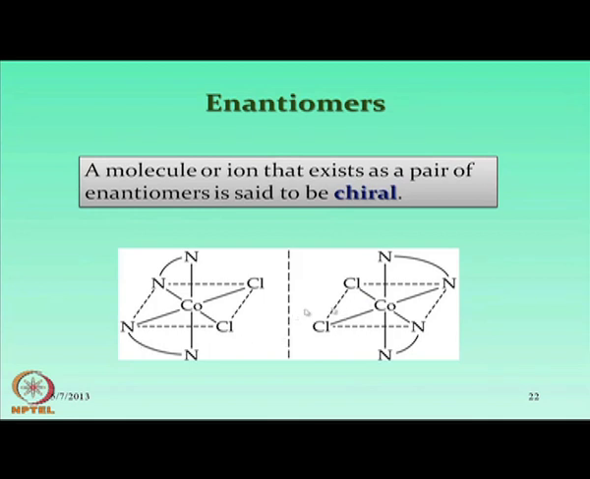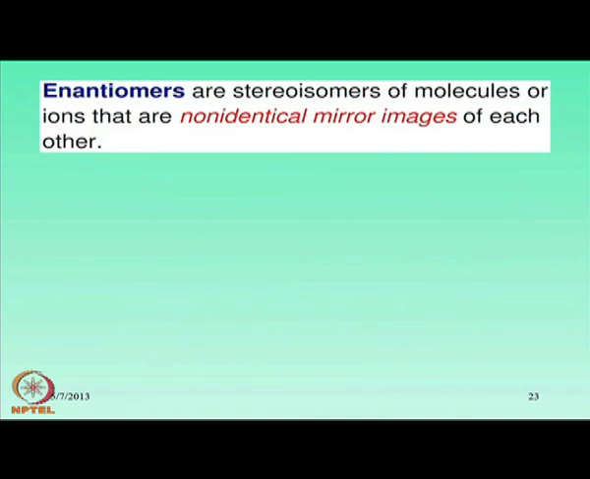So, these are the two compounds, that means the corresponding cis dichloroethylene diamine cobalt 3, and this is one form and this is its mirror image, which are not superimposable to each other. So, they are optically active. So, these enantiomers are stereoisomers of molecules or ions. They are not diastereoisomers, they are enantiomers,